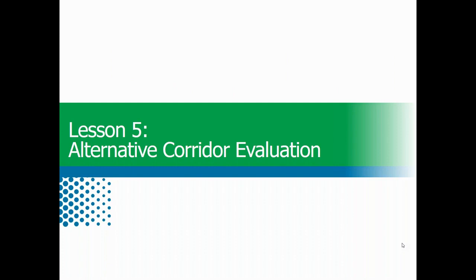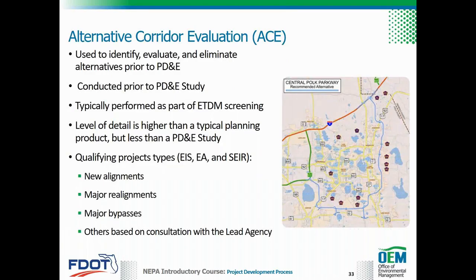In this lesson, we'll go over the alternative corridor evaluation process. FDOT uses the alternative corridor evaluation, or ACE, process to identify, evaluate, and eliminate alternatives on qualifying projects before the PD&E phase. The decisions made during ACE can be used to refine the project purpose and need, define the project